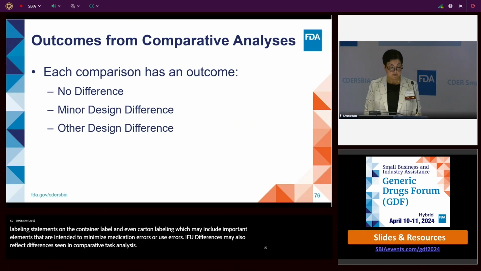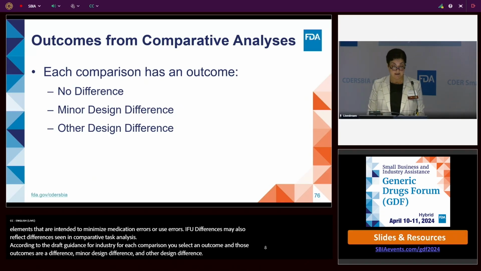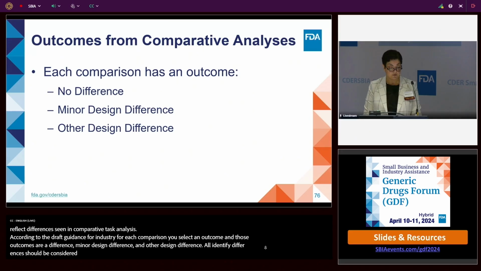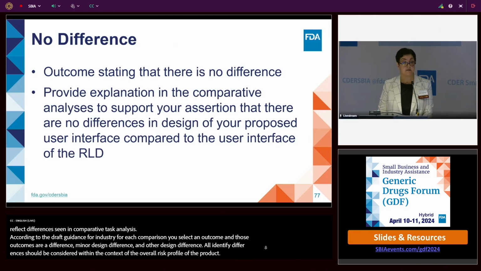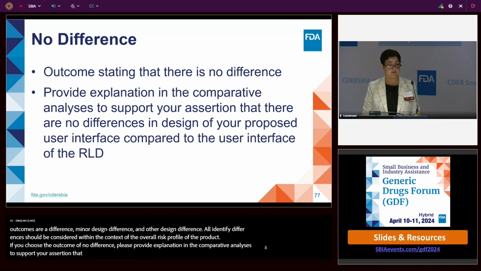According to the draft guidance for industry, for each comparison, you select an outcome, and those outcomes are no difference, minor design difference, and an other design difference. All identified differences should be considered, again, within the context of the overall risk profile of the product. If you choose the outcome of no difference, please provide explanation in the comparative analyses to support your assertion that there are truly no differences in the design of your proposed user interface as compared to the user interface of